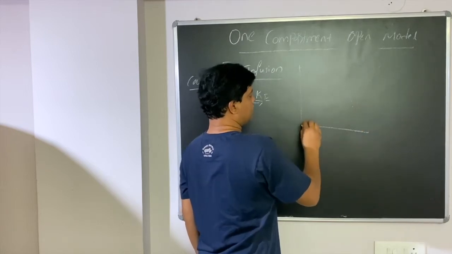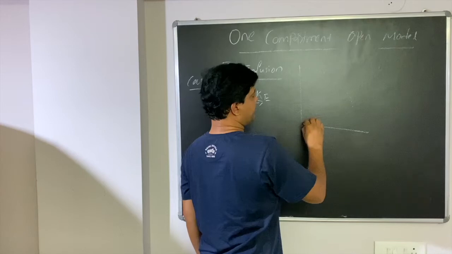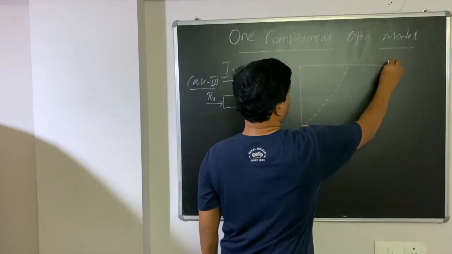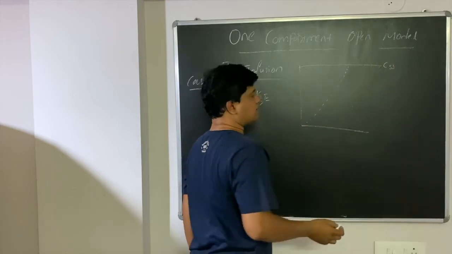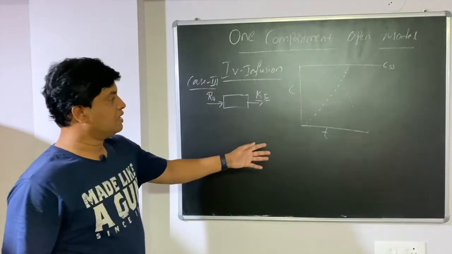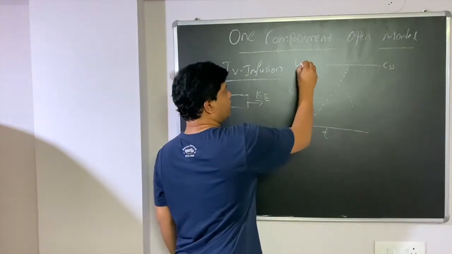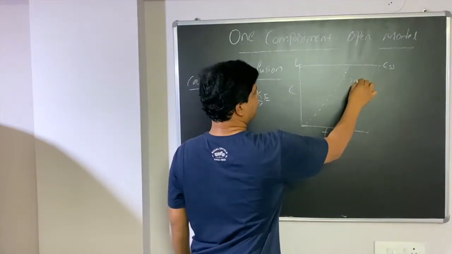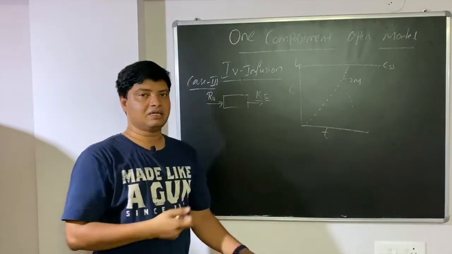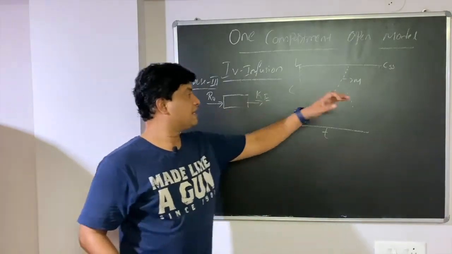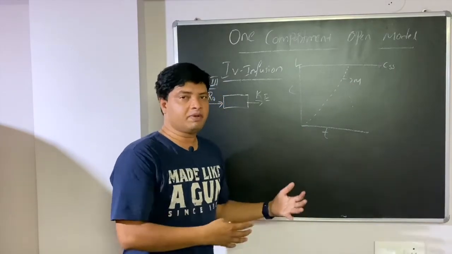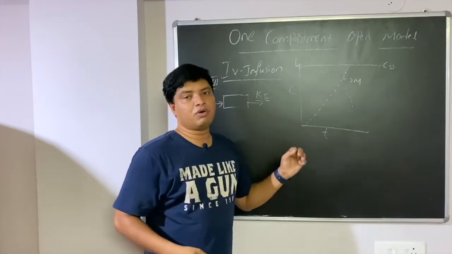Then slowly the IV infusion will be given here. It will be increased like this. Overall the concentration of drug is maintained in steady state concentration. If you plot this in concentration versus time graph, I am giving one loading dose. This will be your maintenance dose. Means what? I am giving one IV bolus injection, and one maintenance, that is your IV infusion. IV infusion will be for the maintenance dose and IV bolus for the loading dose.